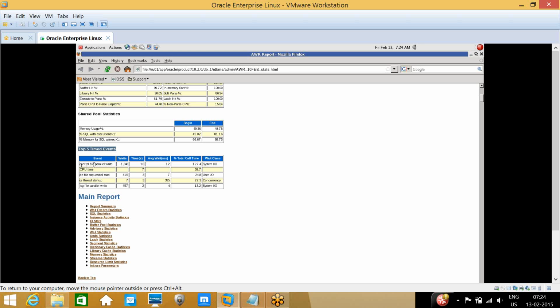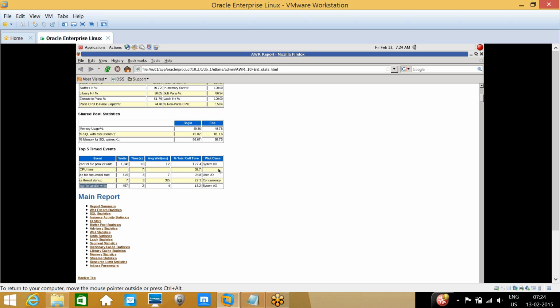Control file parallel write: I performed an RMAN backup at that time to take the control file backup, so the control file is written in parallel. It uses some CPU time, 7 seconds. Then data file sequential reads, OS thread startup, log file parallel writes and so on.